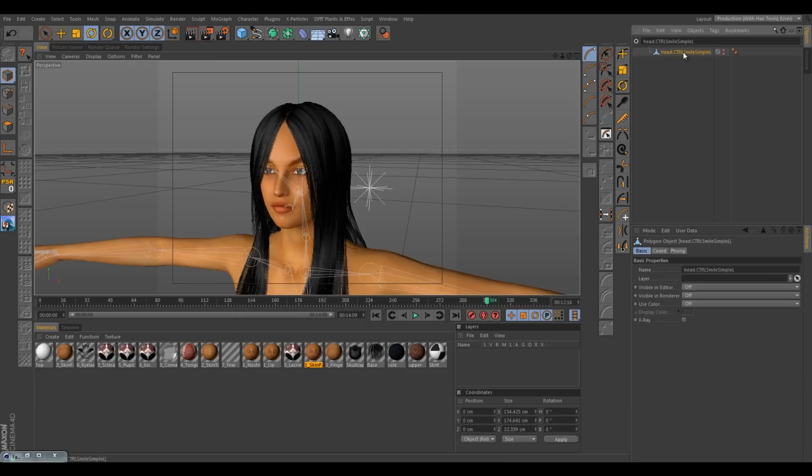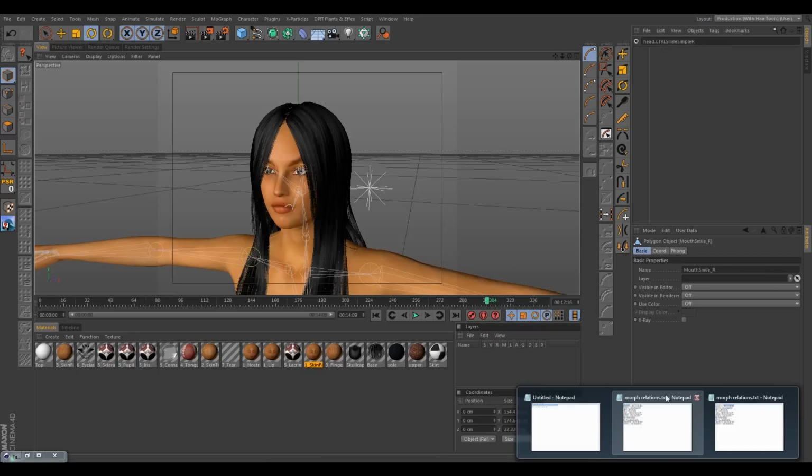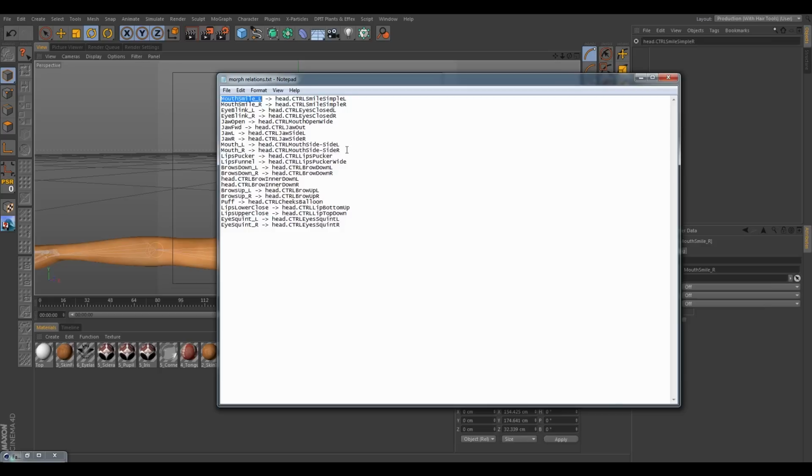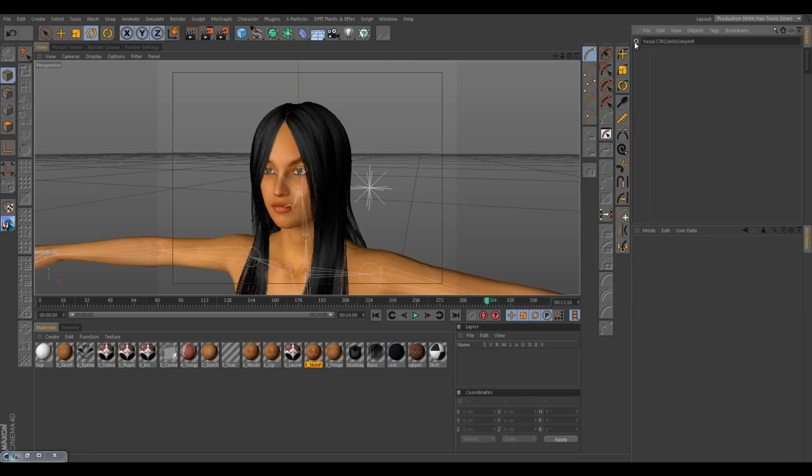So this morph matches the mouth smile. So if we do that, then we renamed it. Then we can change this L to an R, and it'll automatically find the right side morph. And then we can change this L to an R here, and we're basically done. So we can go through all of these and find them and replace them, and then we'll have all our morphs renamed. So I'm gonna go ahead and do that real quick.